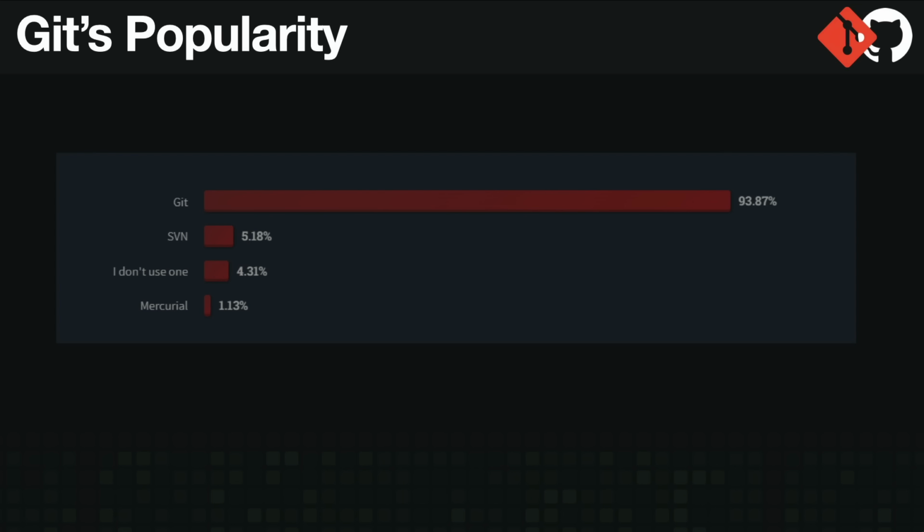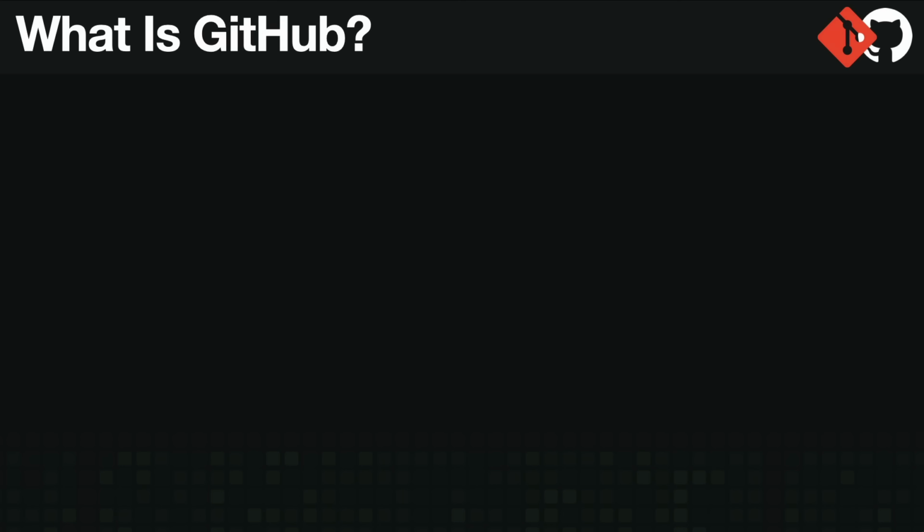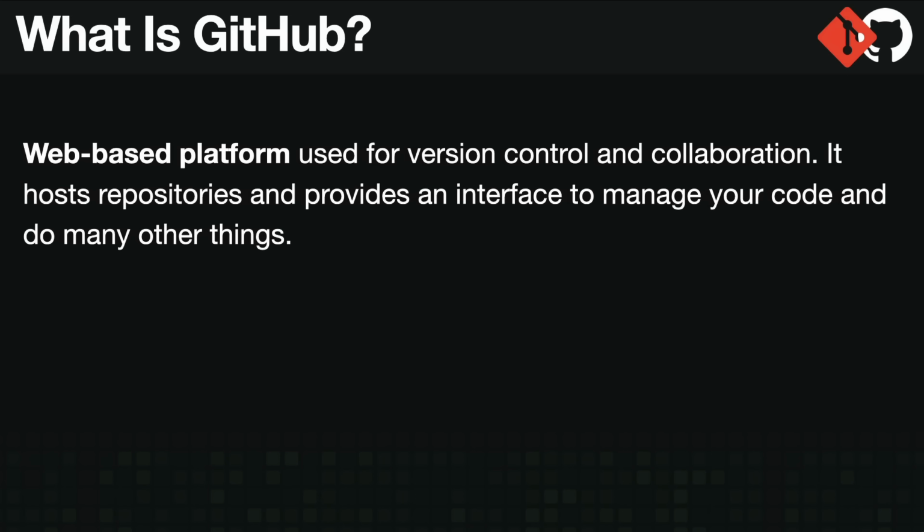And they didn't even have this question in the 23 and 24 surveys because it's just so obvious that everybody uses Git. Now, I want to talk a little bit about GitHub because some beginners can confuse Git with GitHub, but GitHub is a web-based platform designed for version control and collaboration, and it hosts Git repositories, remote repositories, and provides a graphical interface